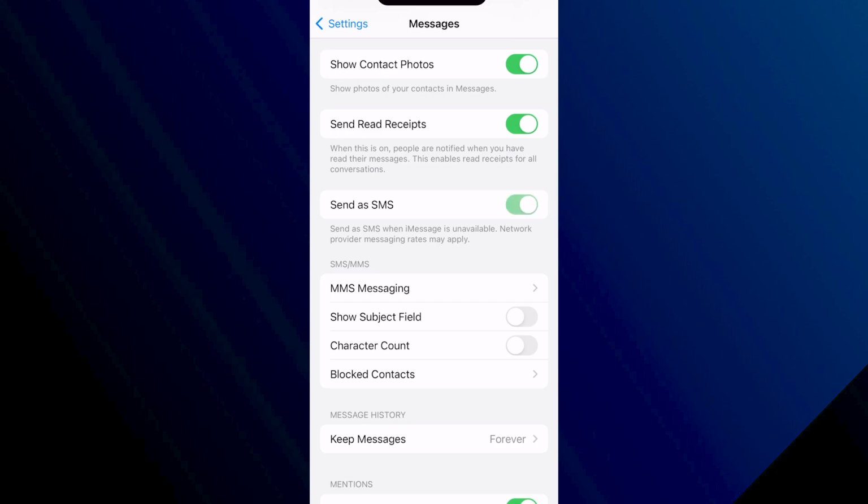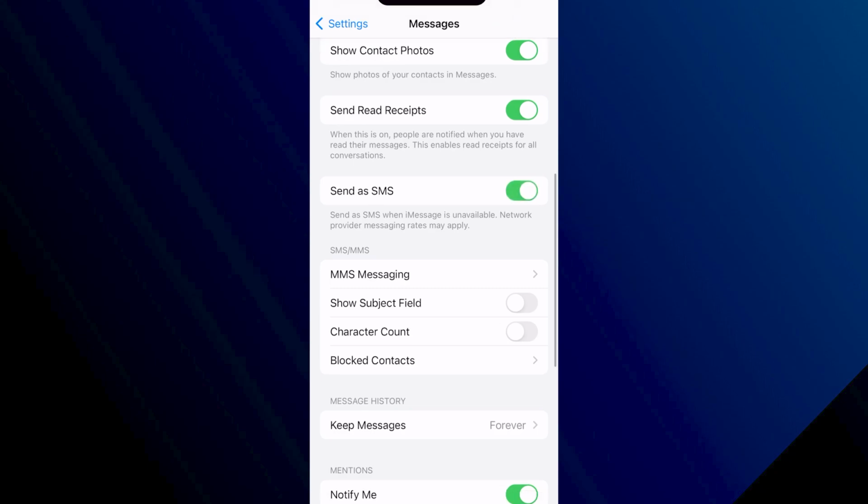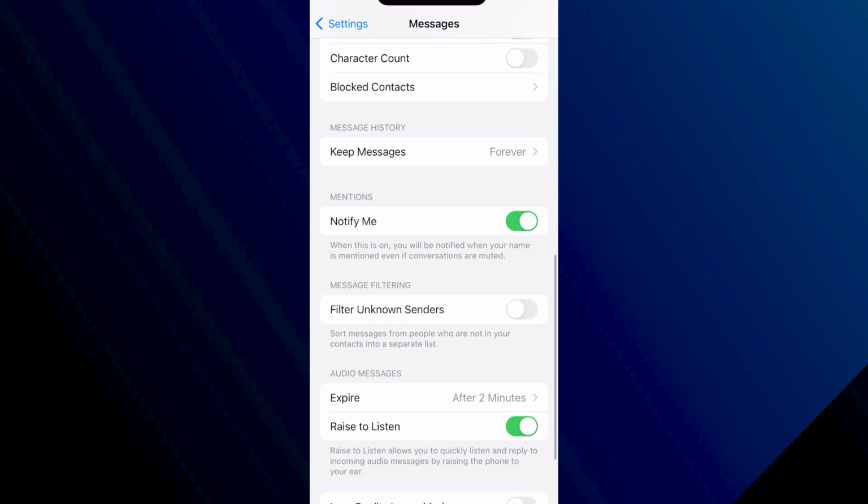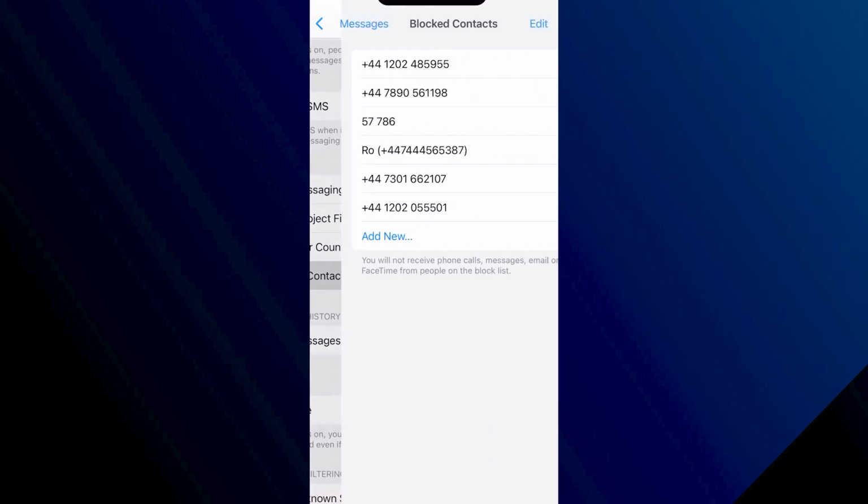The next thing you need to do is come down to message filtering and make sure filter unknown senders is turned off. If you have this turned on, then it could be blocking certain senders, so just make sure you have this switched off. And then we need to come up slightly over to blocked contacts, and inside of here